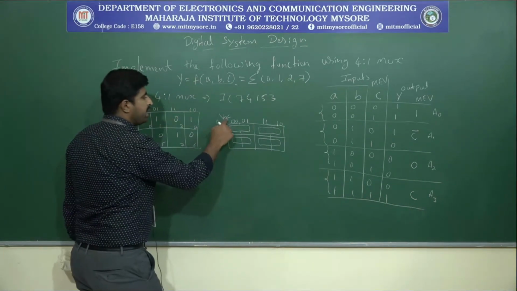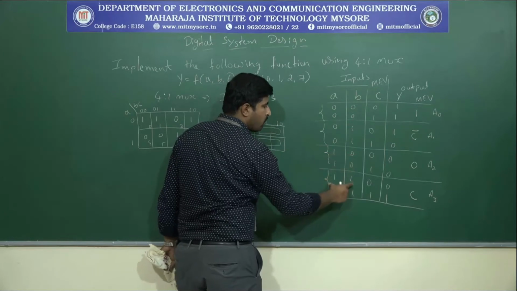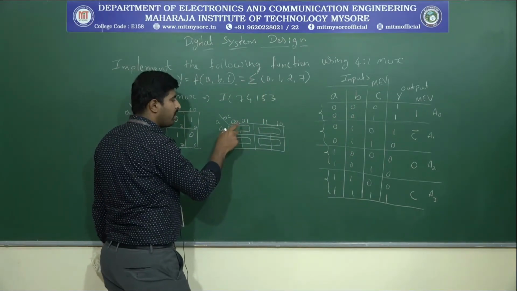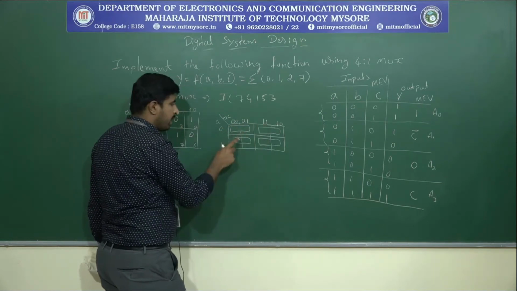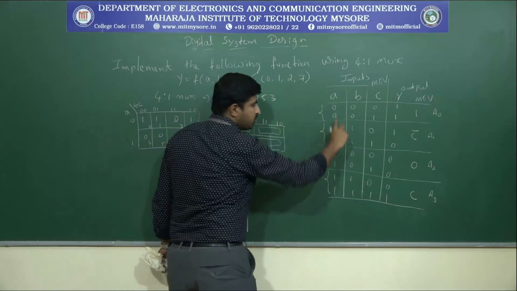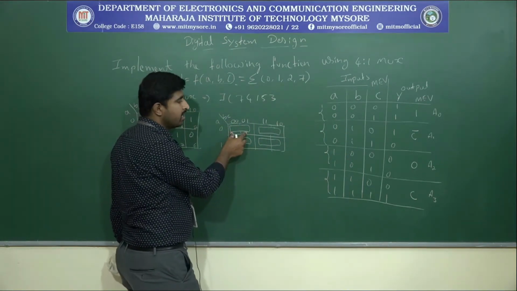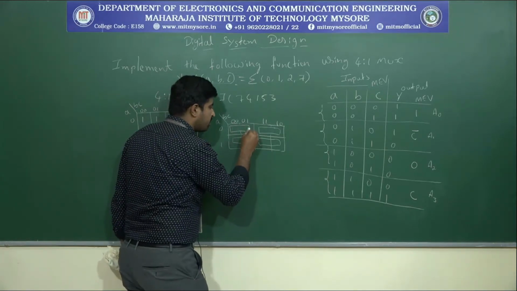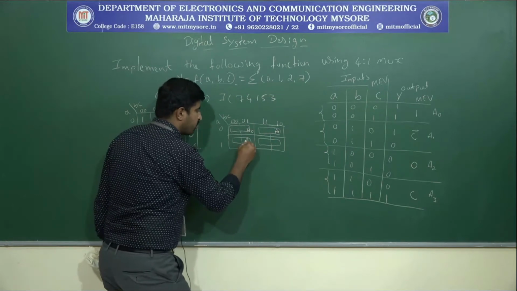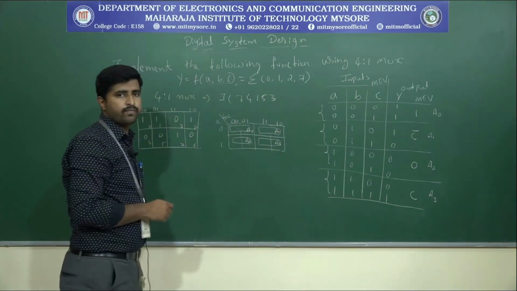So this is what? When A and B are 0, 0, 0, 1, 1, 0, 1, 1. See, these are the 4 combinations we have. A0 B0, A0 B1, A1 B0, A1 B1. So these two combined here. That's what here also we combined here actually. Okay. So this corresponds to A0, this corresponds to A1, this corresponds to A2, and this corresponds to A3. Okay.